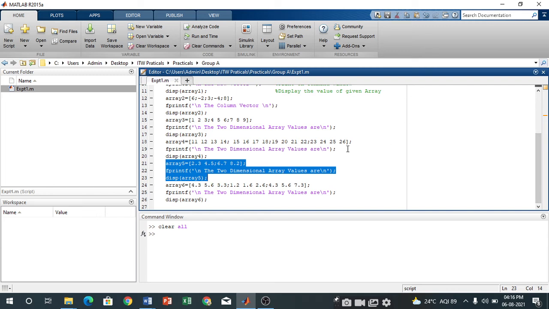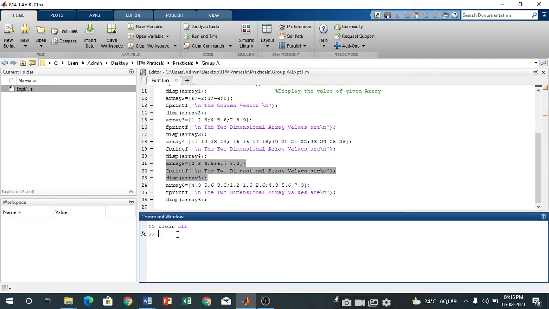So this is your script window, this is your command window, this is your workspace, and this is your current folder. The workspace describes how many variables have been created by the programmer while developing the program. So in the command window, we have to write the program name, that is ext1, and just press enter.